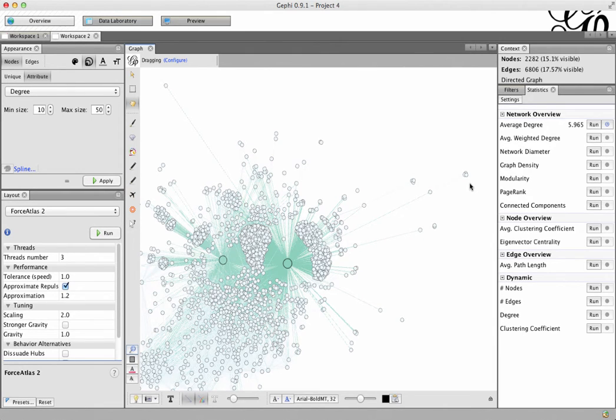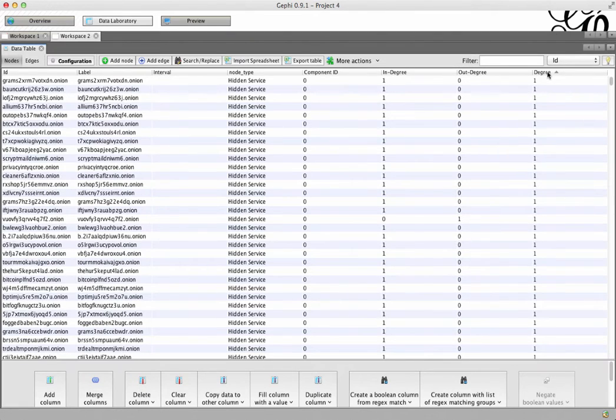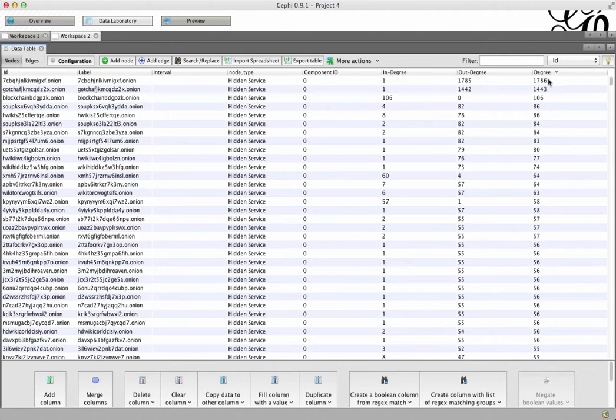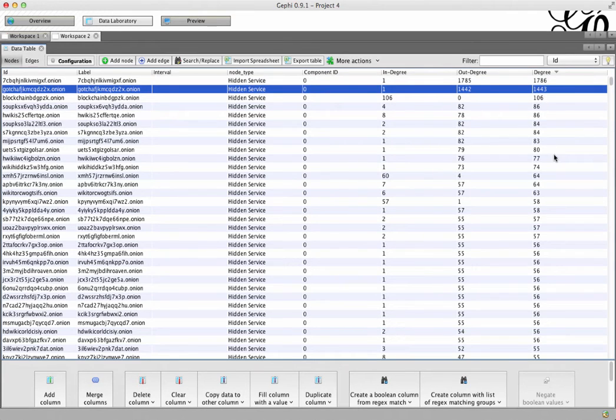They are way above any of the others in terms of their degree, and in fact, we can now go to the data laboratory and sort our nodes by the degree. And if I do that, you can see we have these 2 nodes that have this huge degree up here, and then it drops down by an order of magnitude. So if you're interested in just the role of these nodes, these 2 are going to be super prominent ones